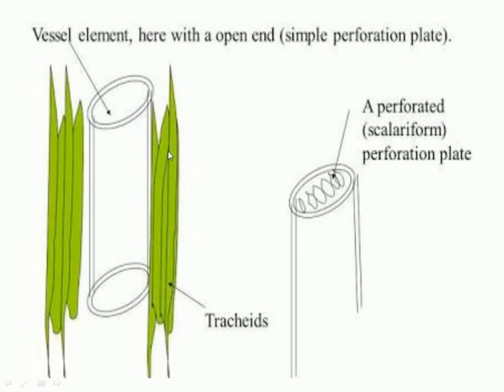Now the structure diagram of the vessel. Vessels are the second component of the xylem, which are also tube-like structures. As shown in this diagram, these tube-like vessels are formed by the fusion of cells. When the cells fuse together, they form a tube-like structure that is called the vessel. On their end wall there is a perforation, which forms a perforation plate. If a large number of perforations are present, that forms a multiple perforation plate.